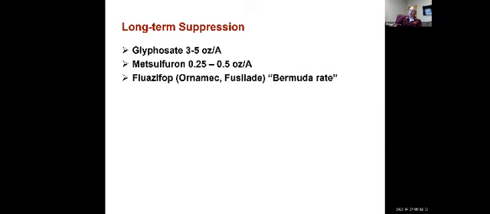So the major players for Class D plant growth regulators would be these three: glyphosate, metsulfuron, or fluazifop. I've got rates given there for the glyphosate. So glyphosate, if you're dealing with a 4-pound active ingredient per acre product, such as Roundup Pro, not Roundup Pro Concentrate, okay? So Roundup Pro would be a 4-pound AI, which is 3-pound acid equivalency, AE, per gallon. And that product would go out at 3 to 5 ounces per acre as a plant growth regulator on tall fescue turf.